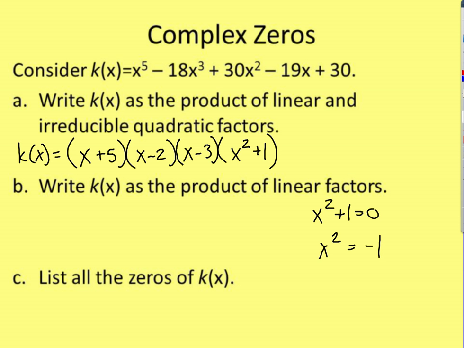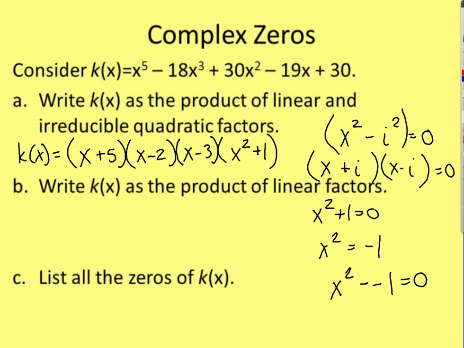When you go to take the square root of a negative number, or when we go to factor this, remember that x squared plus 1 is the same thing as x squared minus negative 1. And when we go to factor that, negative 1 is the same thing as i squared. So we can factor that part. The square root of x squared is x, so we have x and x. What multiplies to get i squared would be a positive i and a negative i. So if we rewrite this,